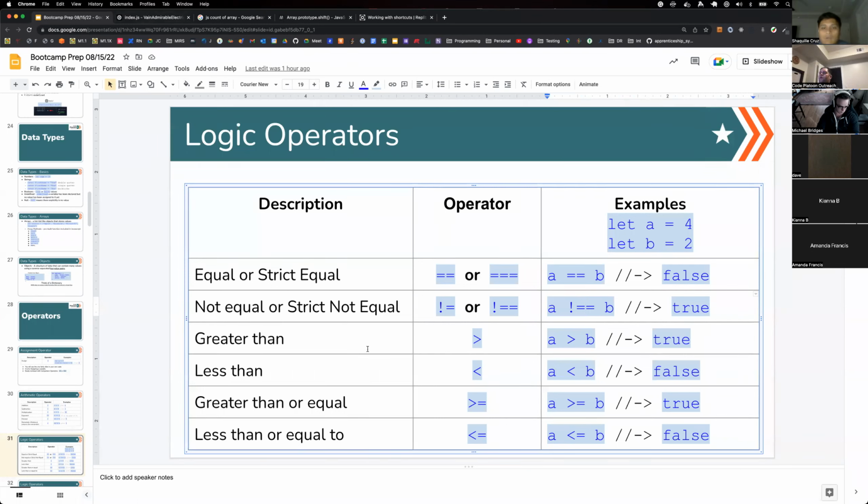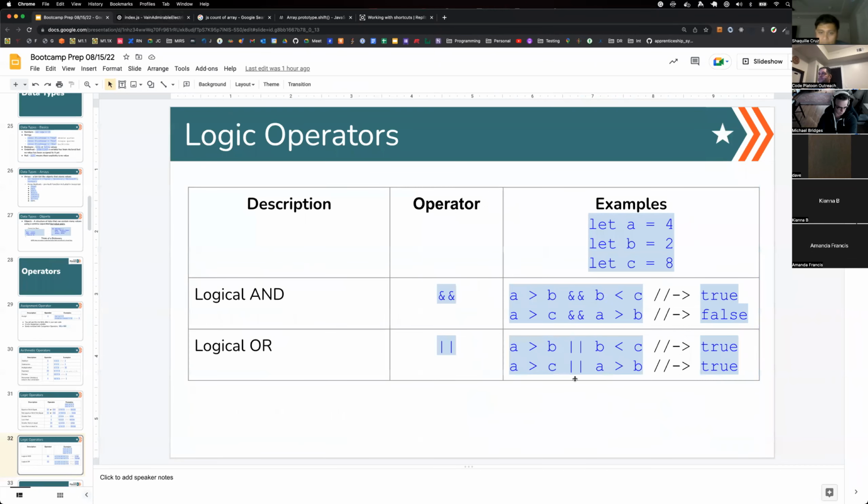And so we've got greater than and less than, which work just like they do in standard math. And then greater than or equal to and less than or equal to, again, same thing as standard math there. You just don't have the line underneath. It's just the angles and the equal sign. Okay, so these are a little different. Now we have